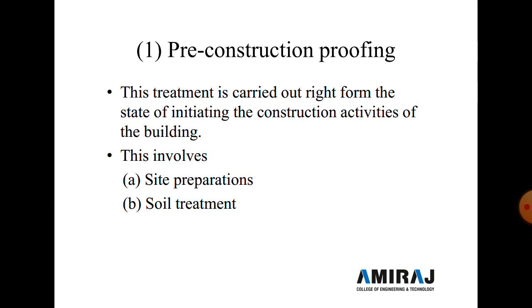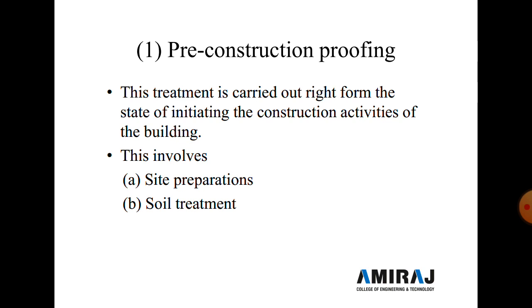So in site preparation, it consists of removing the stumps, waste wood, logs, roots, etc. And from the site where the building is to be constructed, if nests of subterranean termites are found, they should be destroyed by forcing the insecticides at a number of places after making openings or holes in the earthen channel. And second is the soil treatment.